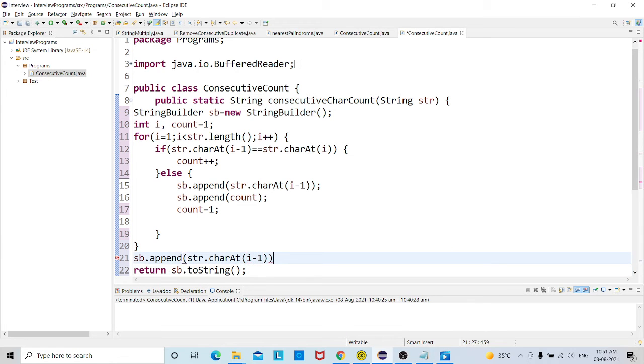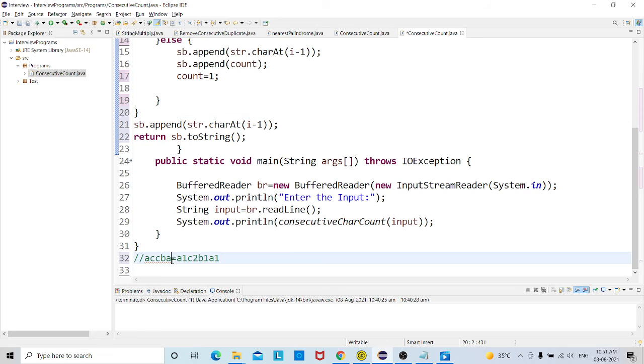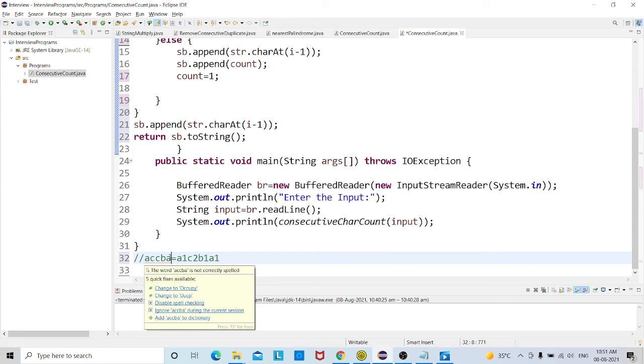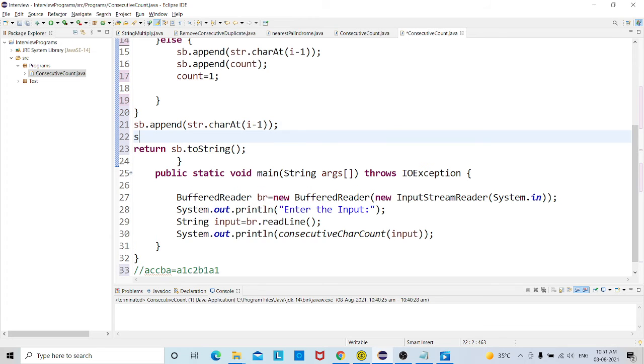Why am I giving i minus 1? Once the loop is executed, the condition will break at i plus plus, meaning it breaks past the last index. Once it reaches the length, it will be pointing to the next position, which is beyond the string. So to point at the last character again, we are decreasing the index. After printing this, we again need to add the count. Once it is done, we will return the string.